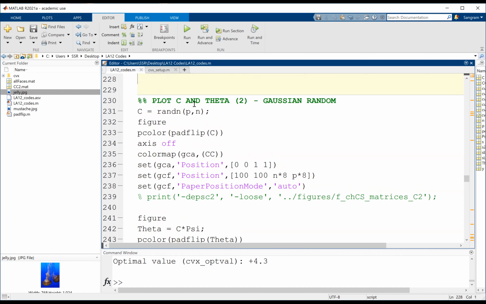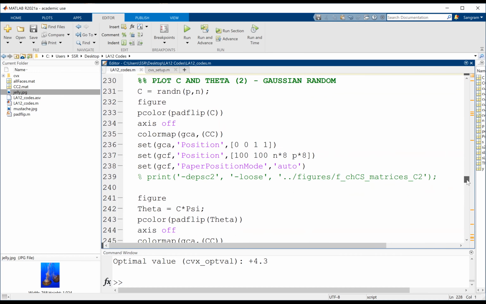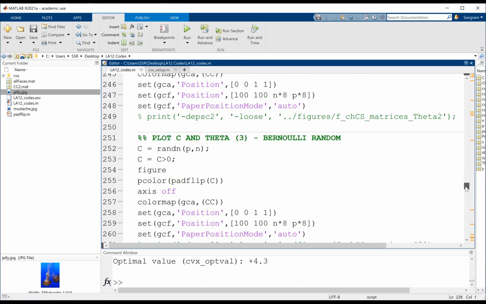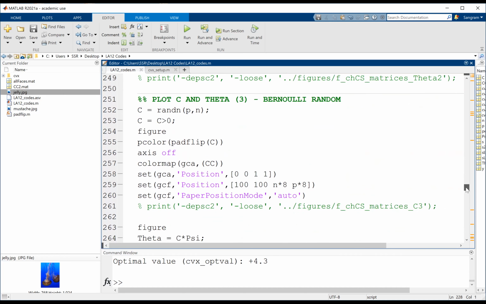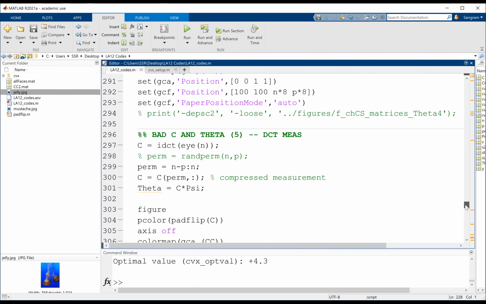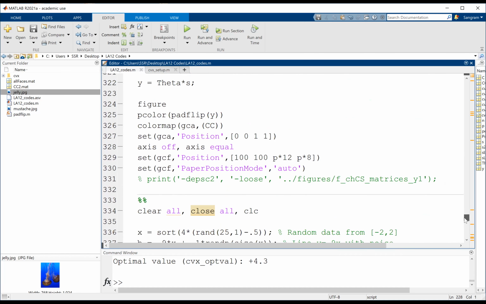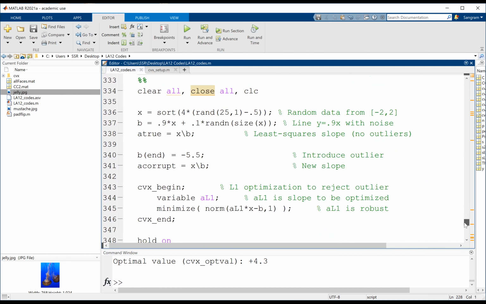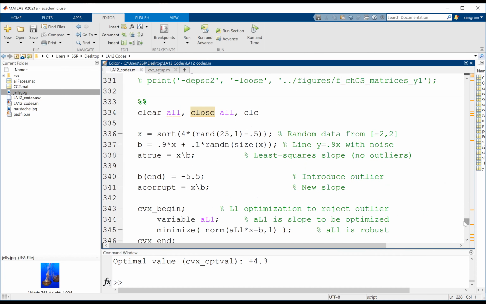Again, there are conditions on that, like how random you should be and which random sampling gives you better results. If you spend some time with this code, and I would encourage you to take a look at it, you will see that depending upon different types of random sampling techniques, your solutions are different. And then what I want to show you is something like this. This is an example that I talked about a little bit.